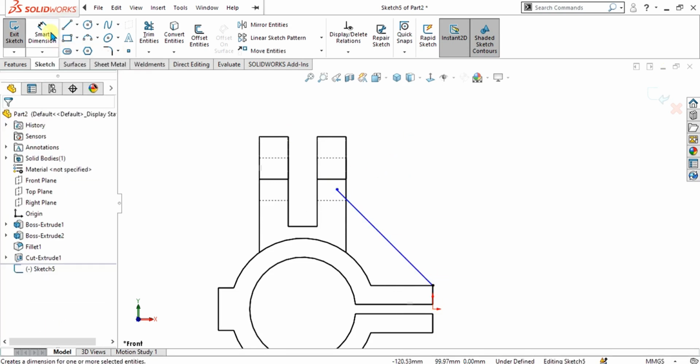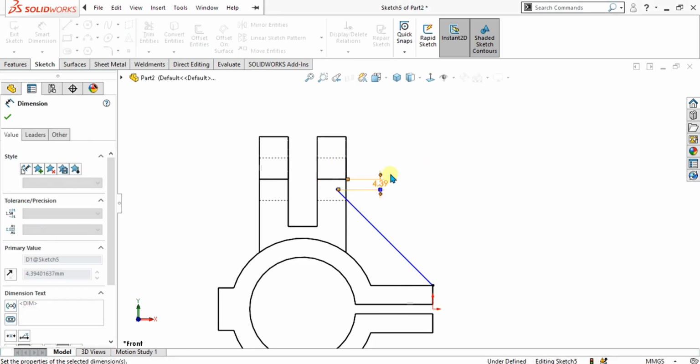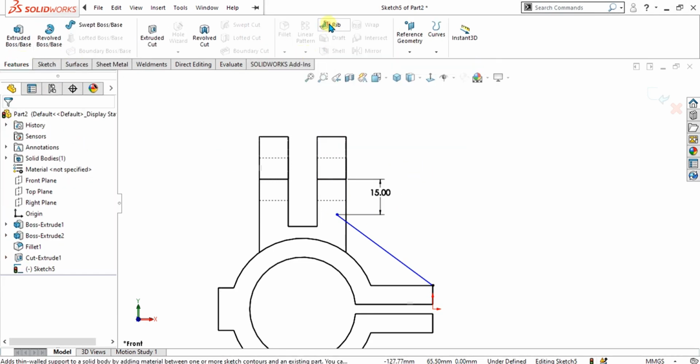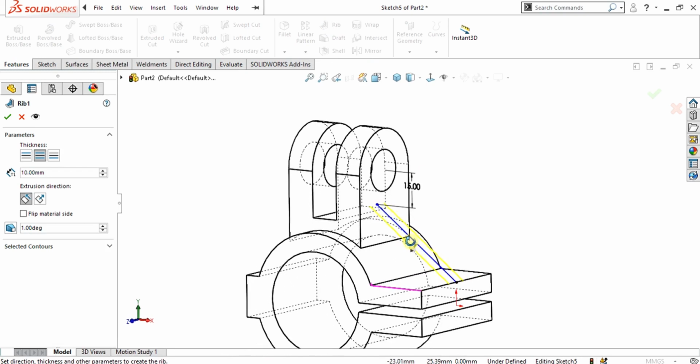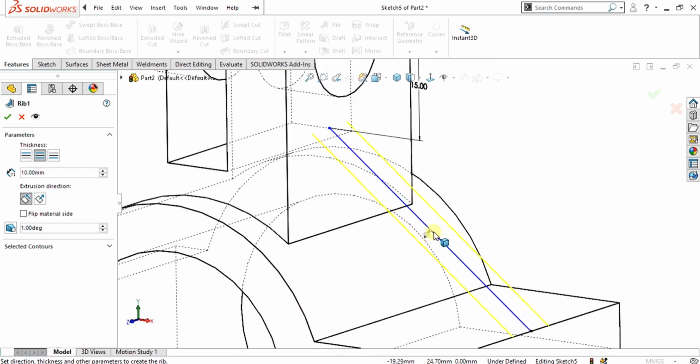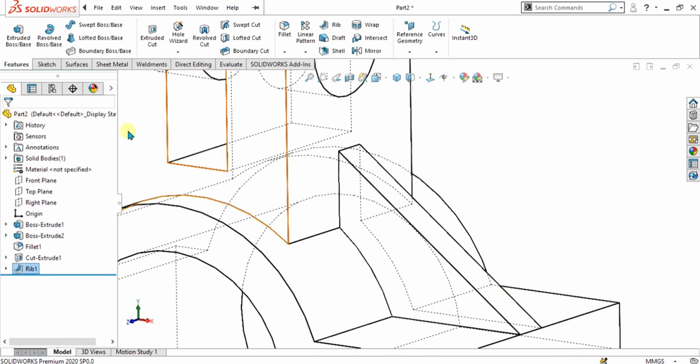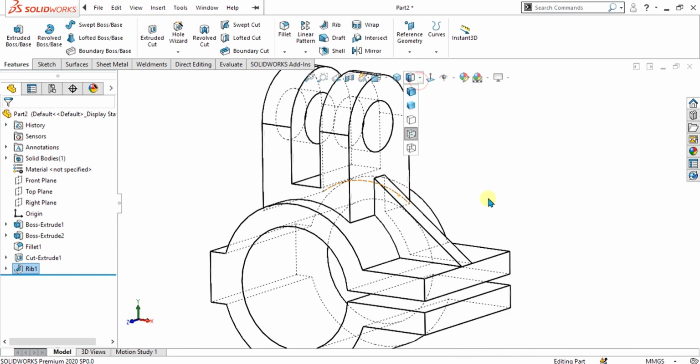So as you know the distance from this center to this point is 15, and now simply go to the rib feature command and make sure that this arrow is pointing downward and give it the thickness of 6, select OK from here. So now you can see our rib is ready